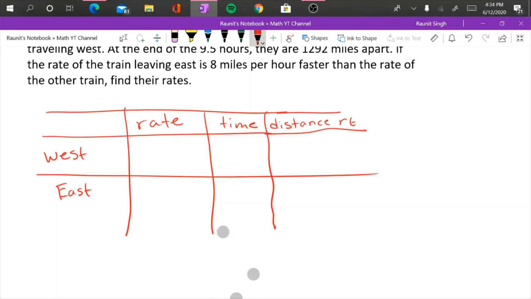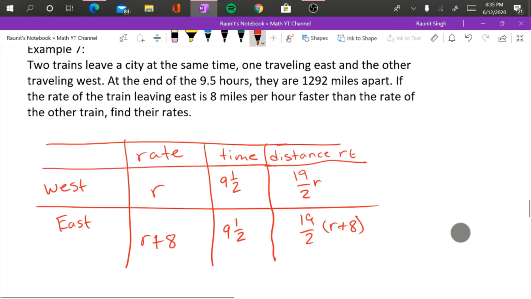So the rate for the westbound train is r, and then the rate for the eastbound train is r plus 8. The time for both is the same, 9.5 hours, 9 hours and 30 minutes, same thing. And then the distance is 19 over 2 times r, and 19 over 2 times r plus 8. Okay. So since it's rate times time,